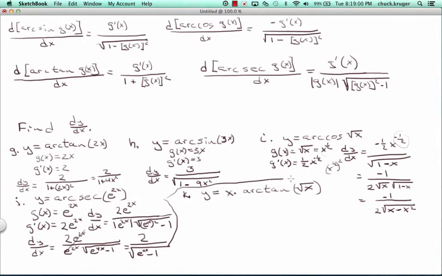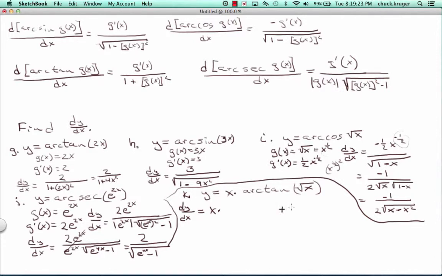All right, here's my last one. See if I can create some room in here to help me out. And what I have here is, since I'm multiplying, I got just plain old x times the arctangent, so I'm going to have to use the product rule. So just to review the product rule, I got dy dx equals x times the derivative of the arctan, which I will do,